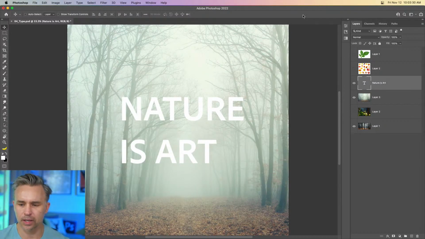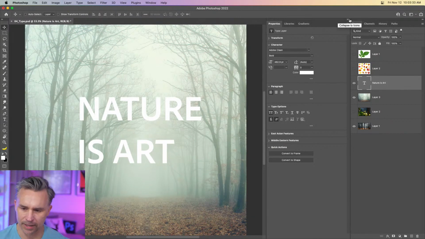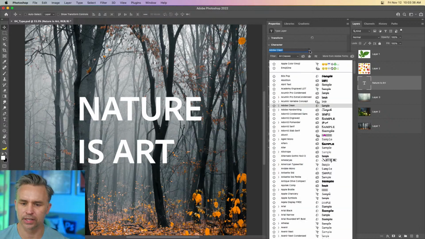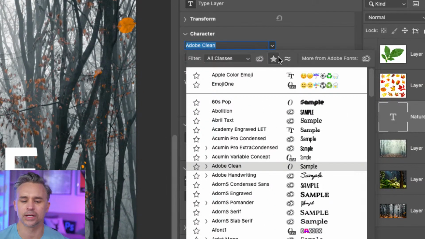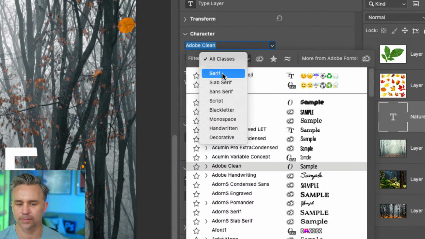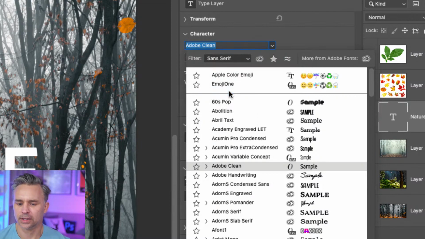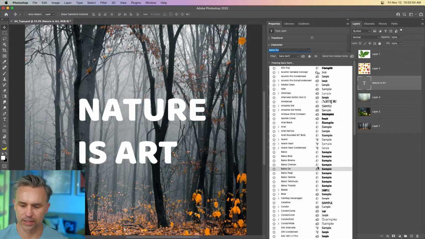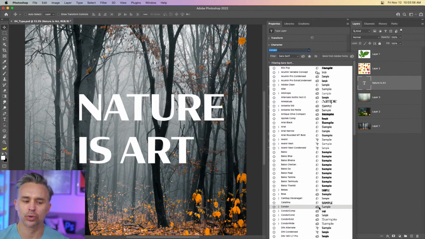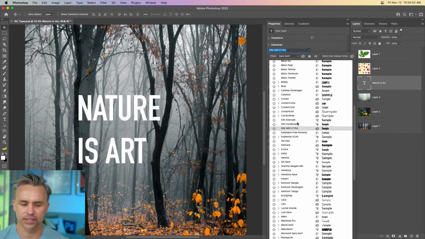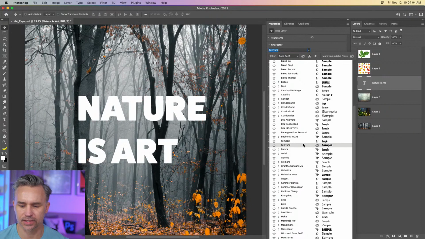First thing I want to do is maybe pick a font. So again, this is all about type and textures. Let's actually pick this one and jump in and change that font. So again, we can change it to anything that we want. You can see all the classes. I probably want to keep with a sans serif. But in here, you can pick the font that you want, just roll through and find something nice. Thing is, I'm really going to manipulate this type a lot, so I don't want my initial font to be too distracting, because I'm going to add all the bells and whistles to it.